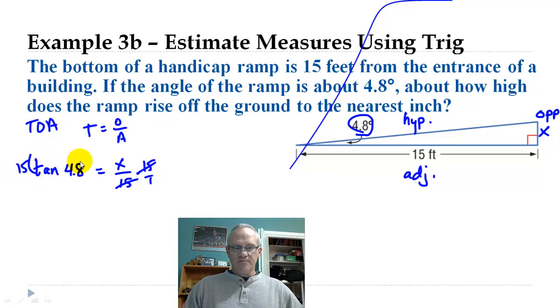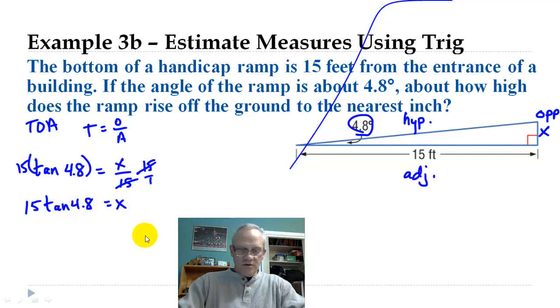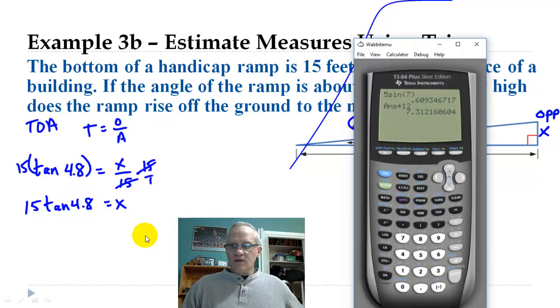We have 15 tangent of 4.8 equals x. So, calculator. We're already in degree mode, so I'm just going to type in 15 times the tangent of 4.8, close parentheses, and we get that x is